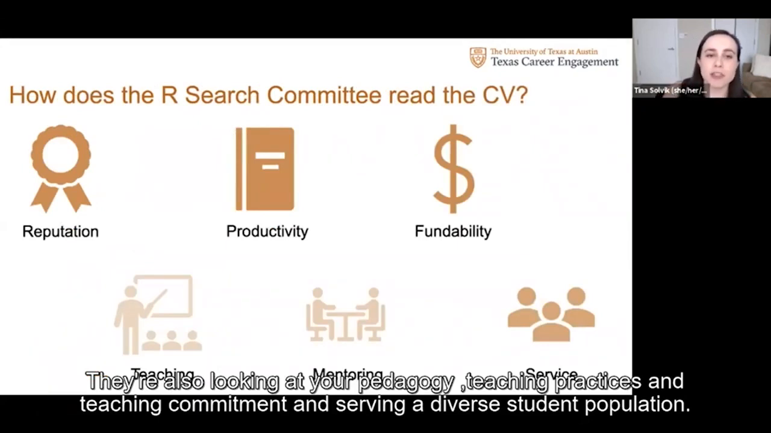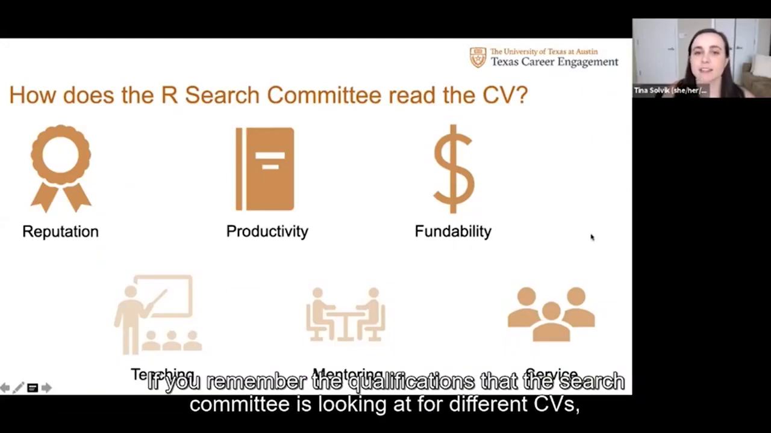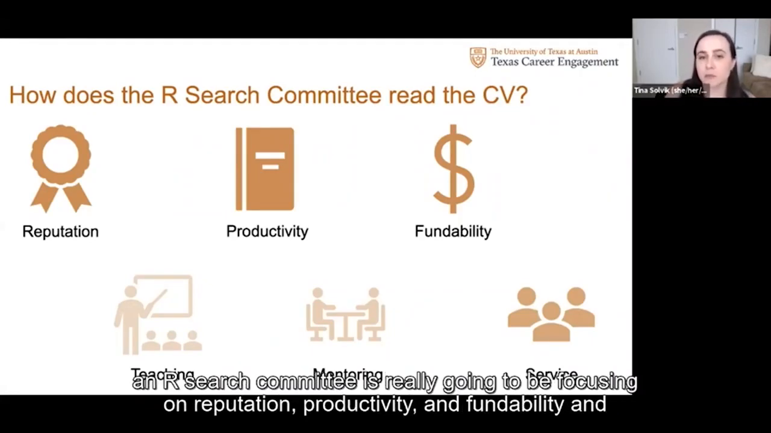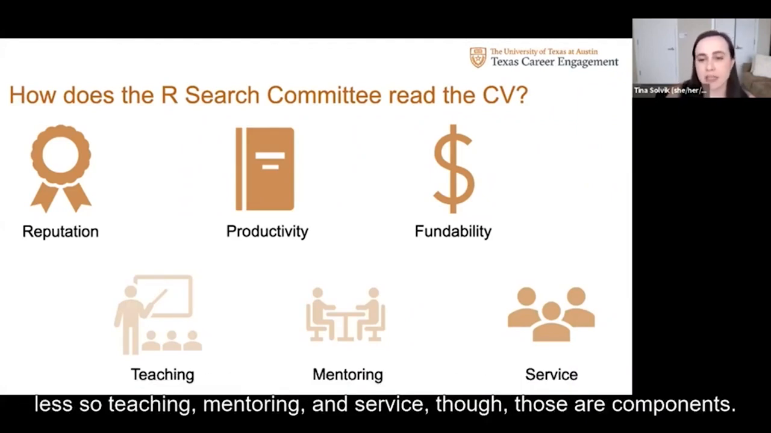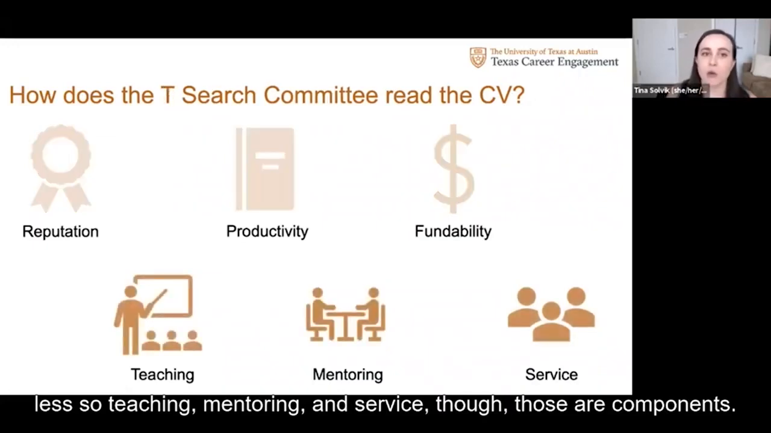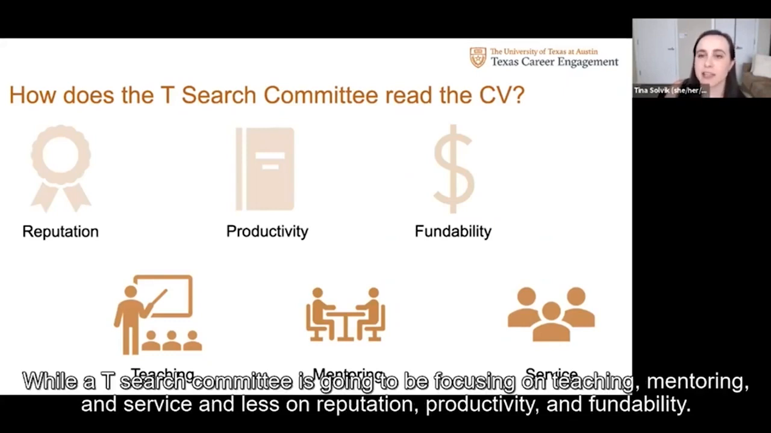So if you remember the qualifications that reviewers, the search committee, are looking at for different CVs, our R search committee is really going to be focusing on reputation, productivity, and fundability, and less so teaching, mentoring, and service, though those are components. While a T search committee is going to be focusing on teaching, mentoring, and service, and less on reputation, productivity, and